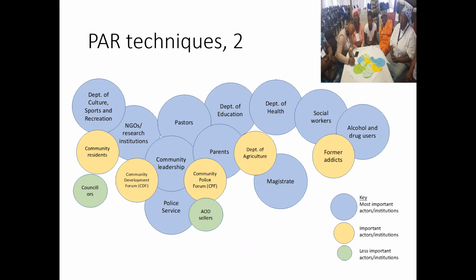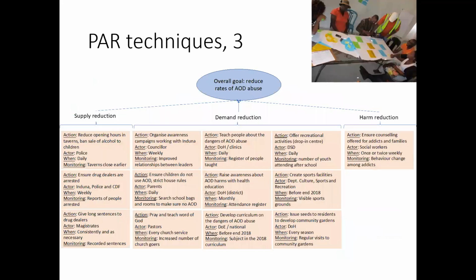So also here we have circles that connect with each other. This shows that these institutions or actors have a relationship with each other. They work together. So this was used to identify the actors, institutions, and how they connect with each other. On technique 3, we have an action pathway, and this action pathway is the one for